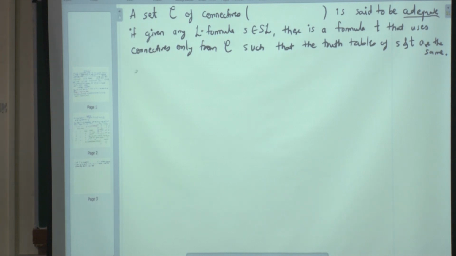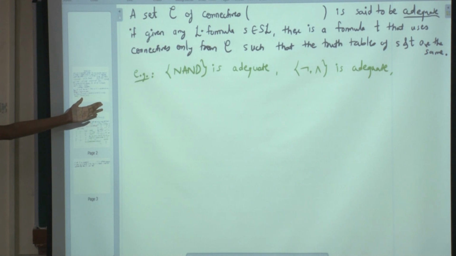So, for example, this is adequate. Yeah, we just showed that. Then, similarly, this is what we normally use, negation and conjunction. Can I replace conjunction by disjunction? Yes? So, I will just write more. Then, negation and implication. Is this adequate? Yes, sir. Yes? There is something to be checked. Then, so is